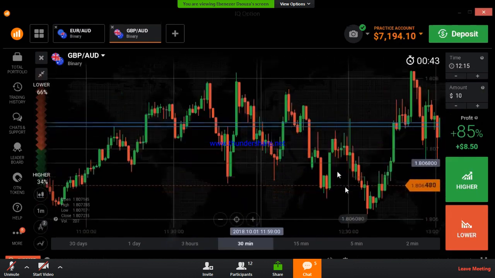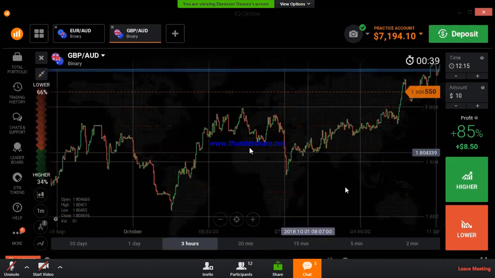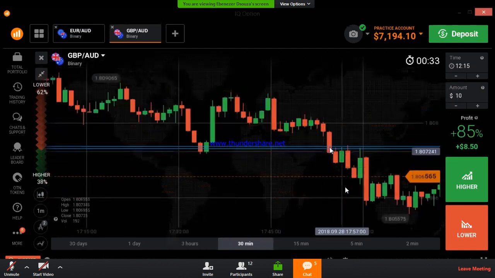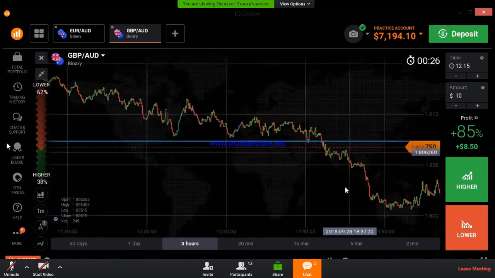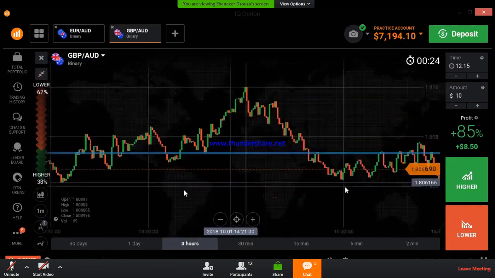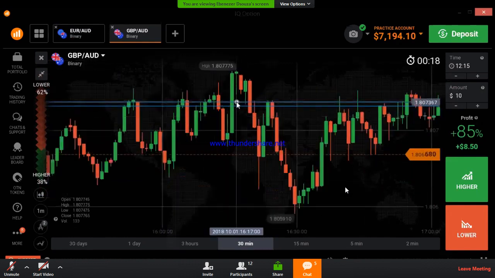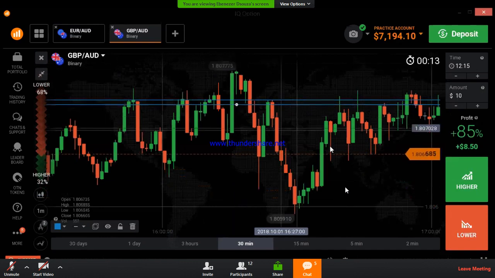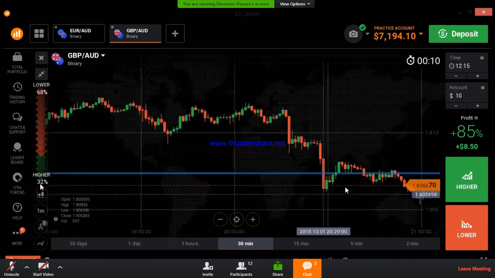This is in ranging mode. The candle must close below the level. Always note this point: the candle must close below the level. You can trade quickly on this candle. So it means this is a strong level. Strong level means you can trade on the strong levels if you find a good confirmation.